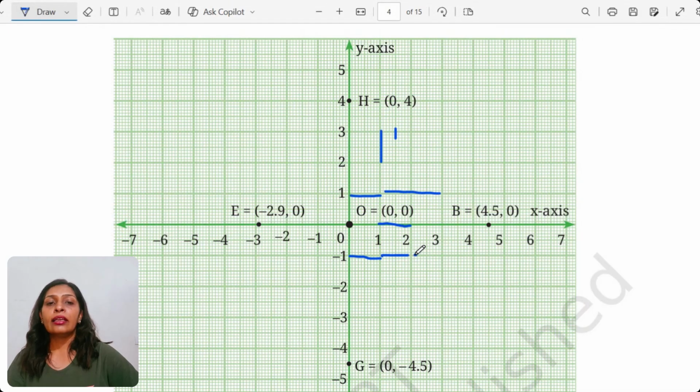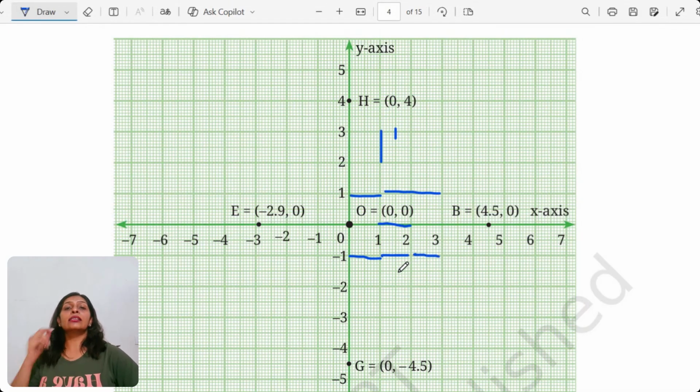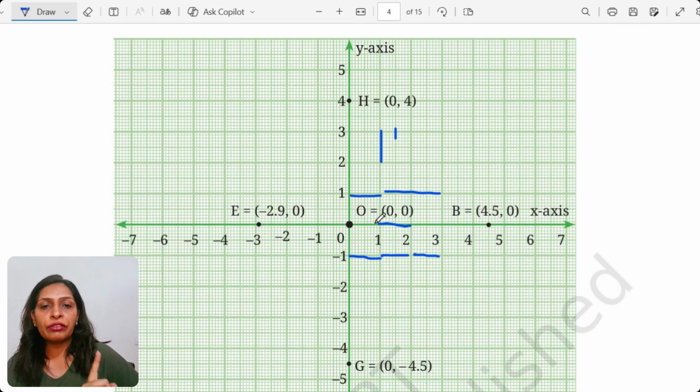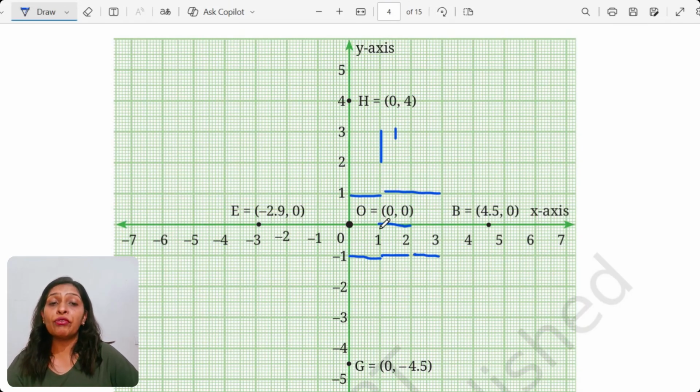All right. Now, again, there is one clarity I want to give. Here, you can take a gap of 1, or you can take a gap of 2, or 5, or 10. But the only thing you have to remember is that the distance between the points should be uniform.